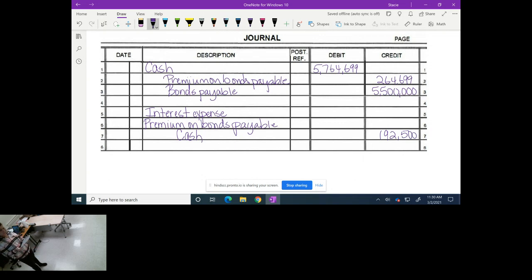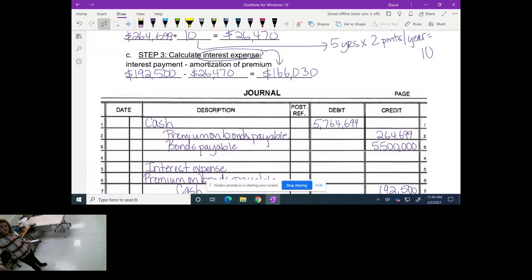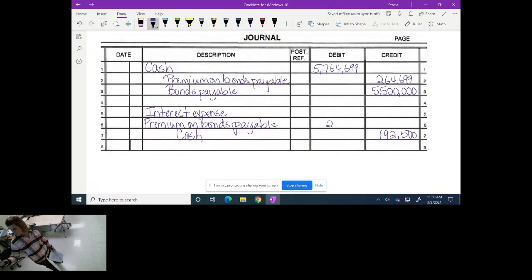All right, so our premium, we divided that by 10. We're going to take $26,470 out of that account every time we cut an interest check. And then